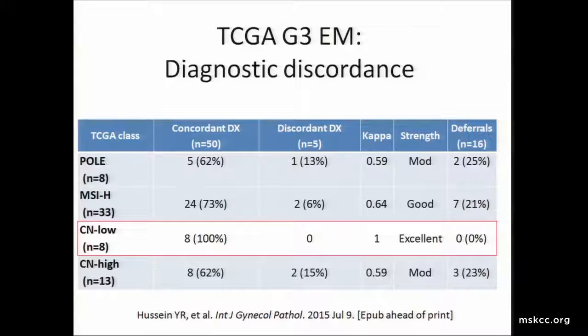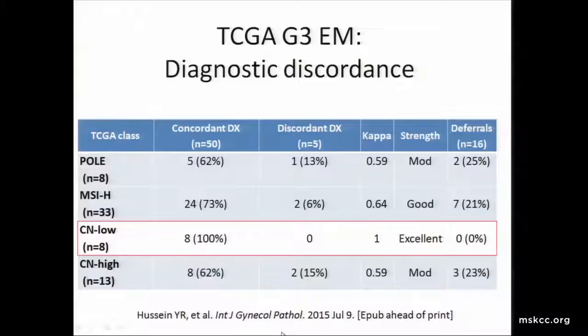Russell Broadus, my counterpart at Anderson, and I sat down and independently reviewed the slides, with our hypothesis being that none of those endometrioid carcinomas in the serous-like group were actually endometrioid. And in fact, number one, we were wrong, but the other thing that we figured out by accident was that